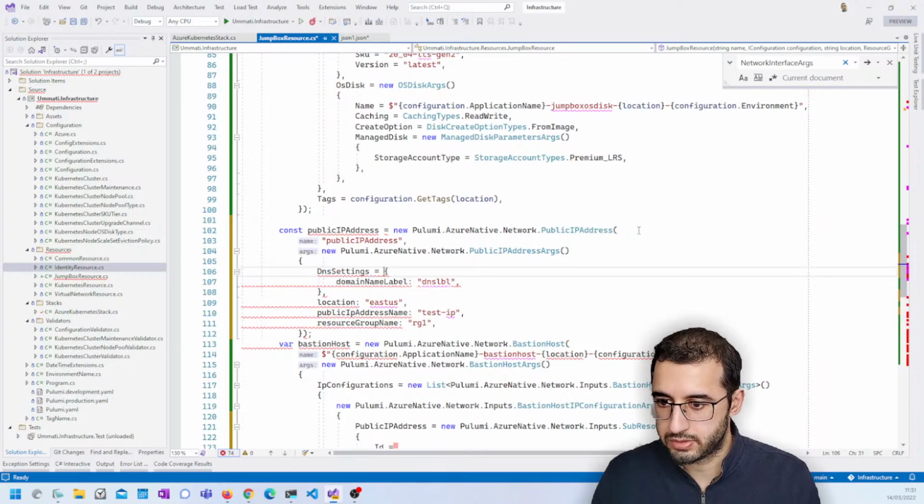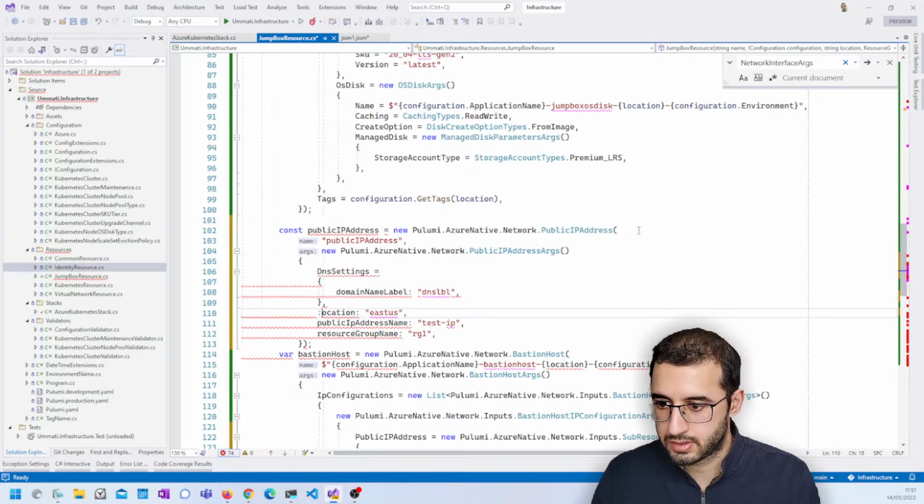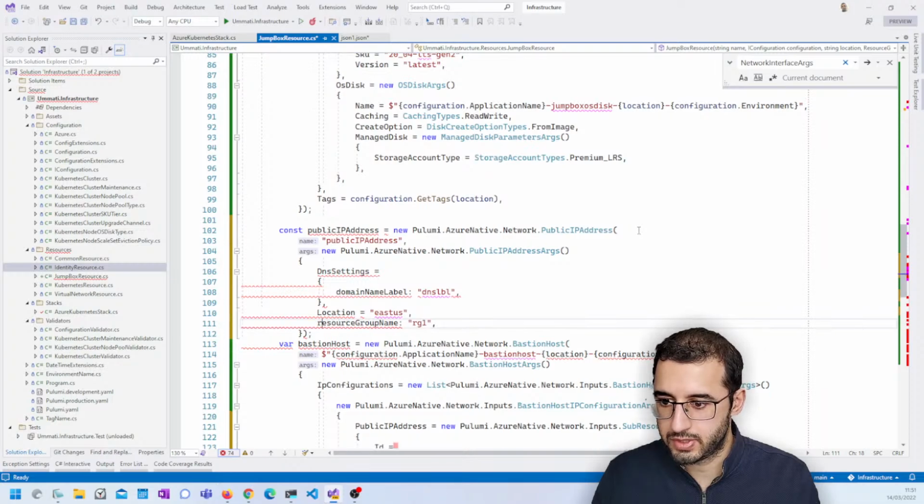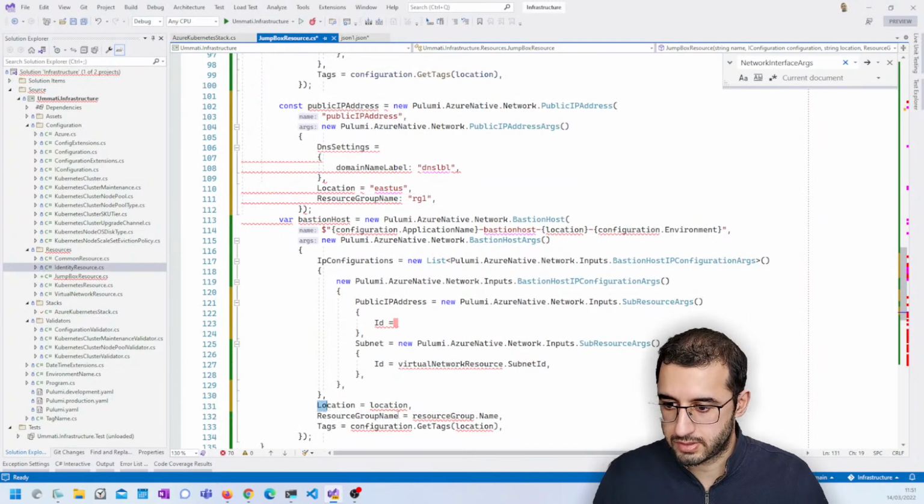We switch that to an equals sign, capital L, switching this from TypeScript. Public IP address name, I think we don't need that. Resource group name, I think we can copy and paste this bit of code here, paste that in here,